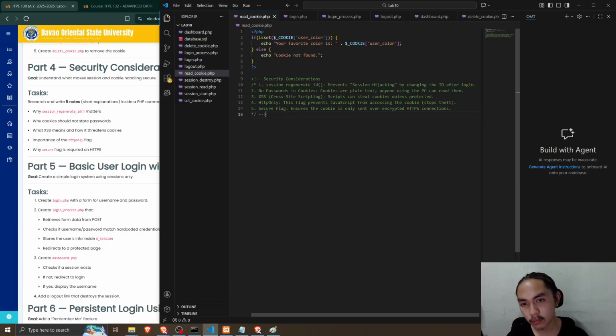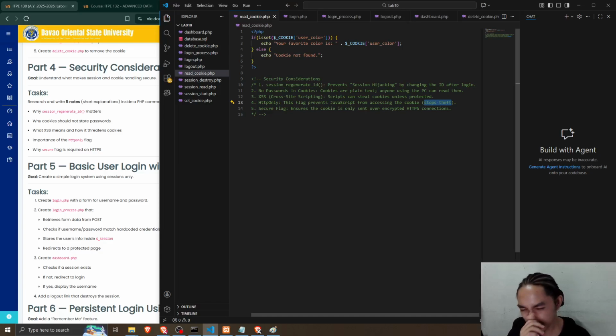And what XSS means and how it threatens cookies. XSS, or cross-site scripting, scripts can steal cookies unless protected. So that's what XSS means. Importance of the HTTP only flag. This flag prevents JavaScript from accessing the cookie, so it stops theft.